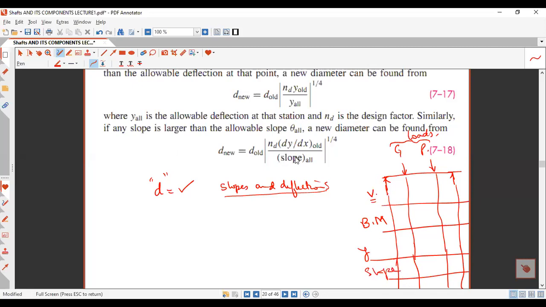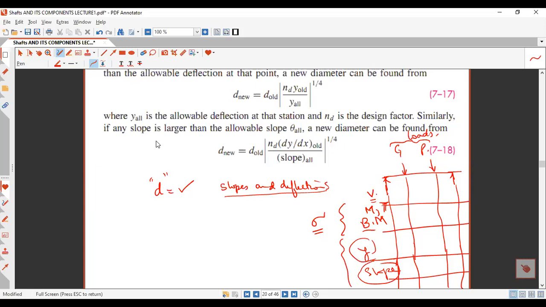Once you find these, you can check if your deflection and slope are according to the values given by the manufacturer. From M and T, you also calculate the stresses. You find out if your shaft is safe in stresses, and then you move to